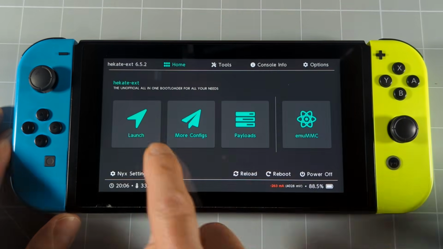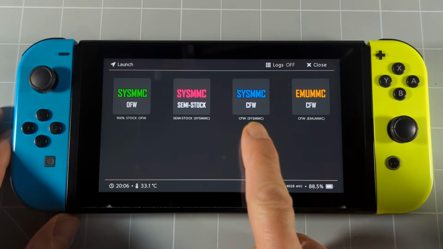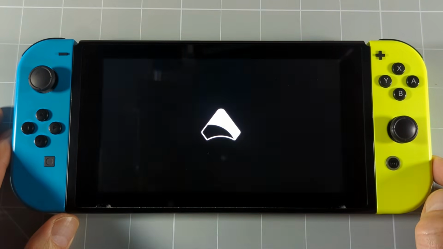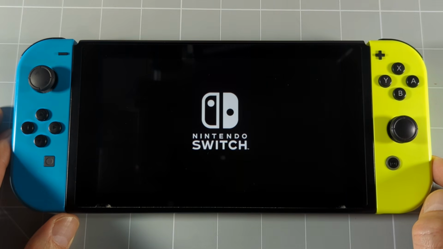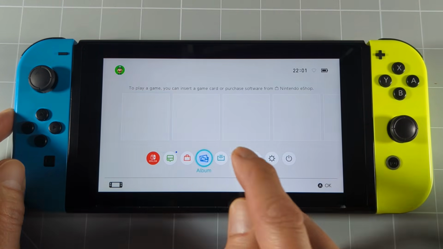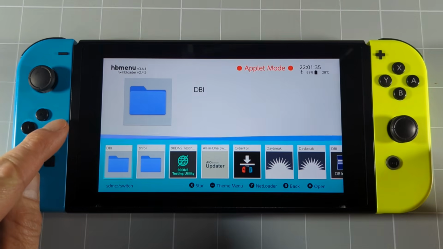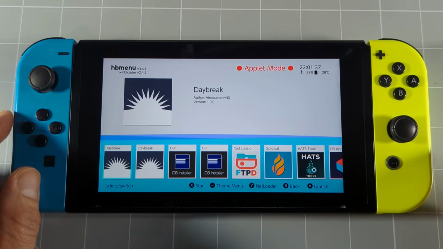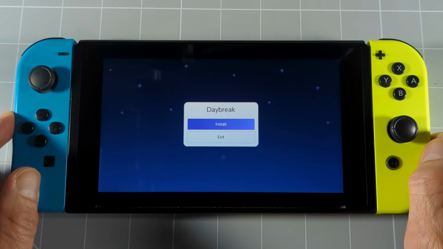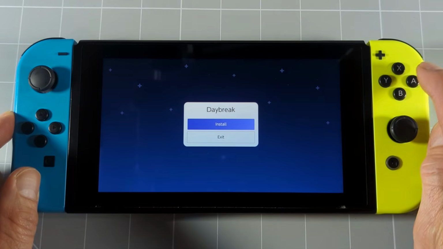Now we'll first update our sysMMC side. So launch into sysMMC with custom firmware. Now this will take you to the main menu. So open up your album and then select the Daybreak app. Now for this app, you don't need to be in full memory mode. We can just be in applet mode as standard. So click the install button